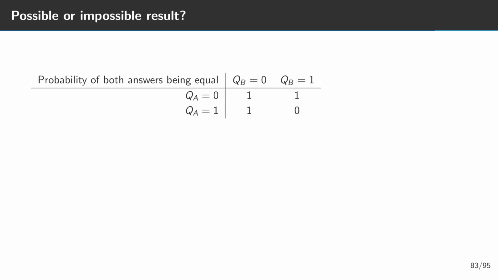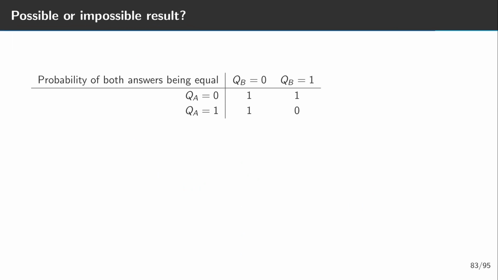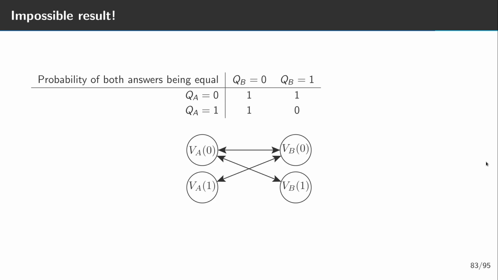You can manage to get 3 of the numbers right, but you cannot get all 4 numbers like that. That is impossible. And I will show you that in the following. Here, that this is absolutely impossible. So, why is this impossible? This beautiful figure below is the proof. So, VA of 0 denotes what Alice would have answered if we ask her 0, and the other 3 values are similarly defined.